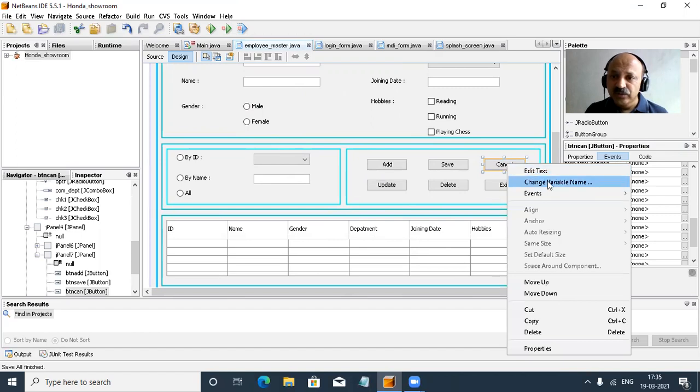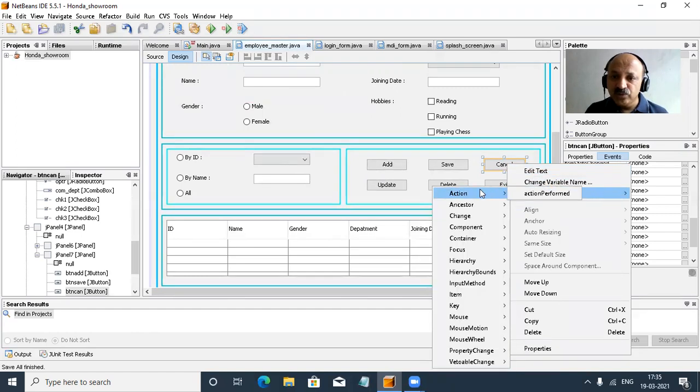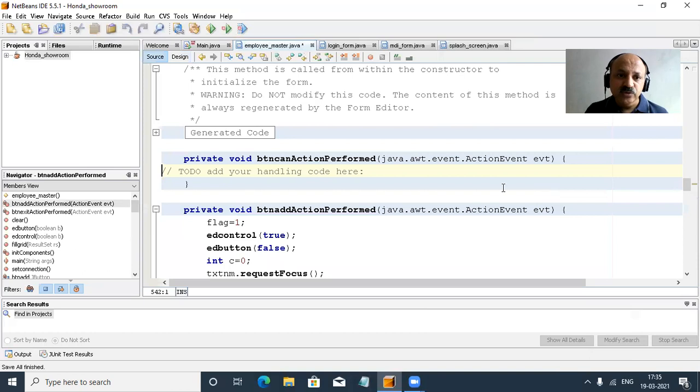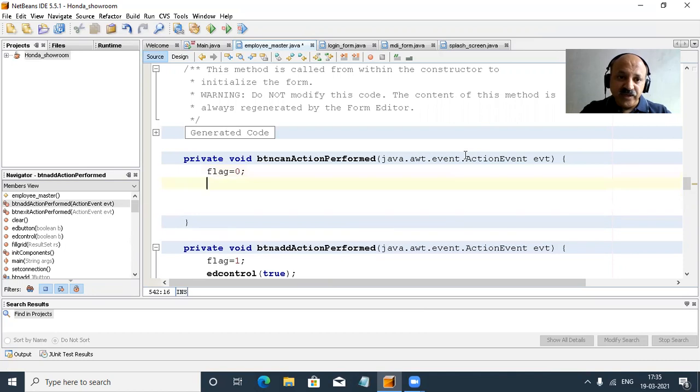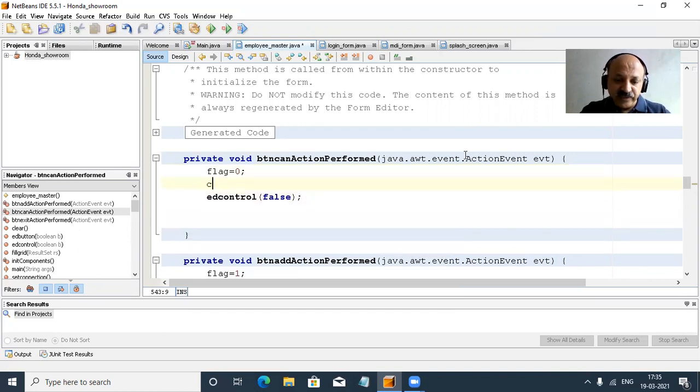So what to do? I previously told you we can just set up. So which setup do you have to apply? Yes, let us check. So cancel first: that flag, yes, flag is 0. And then control enable disable. I take as false. So all are false, and before false, we clear. So all are cleared.